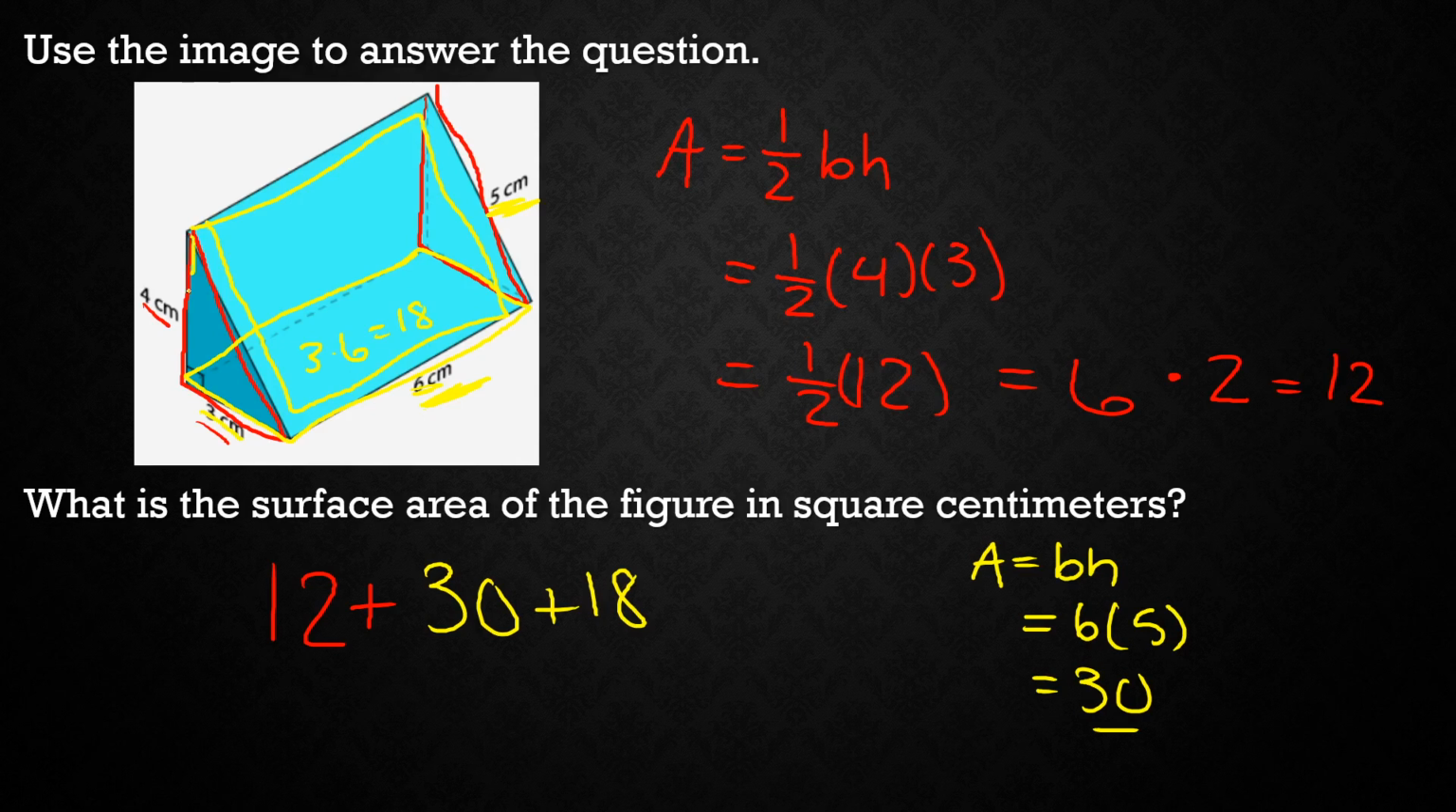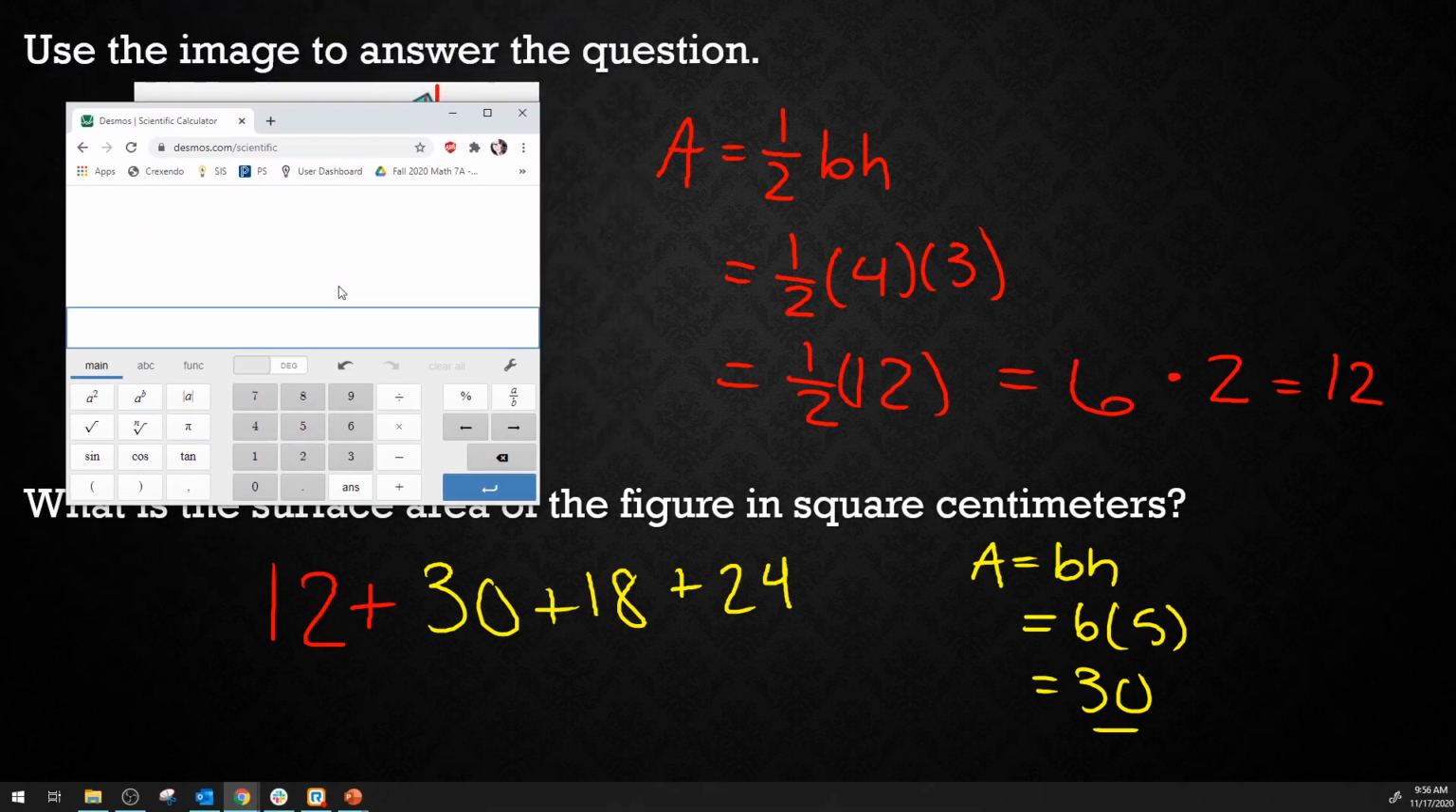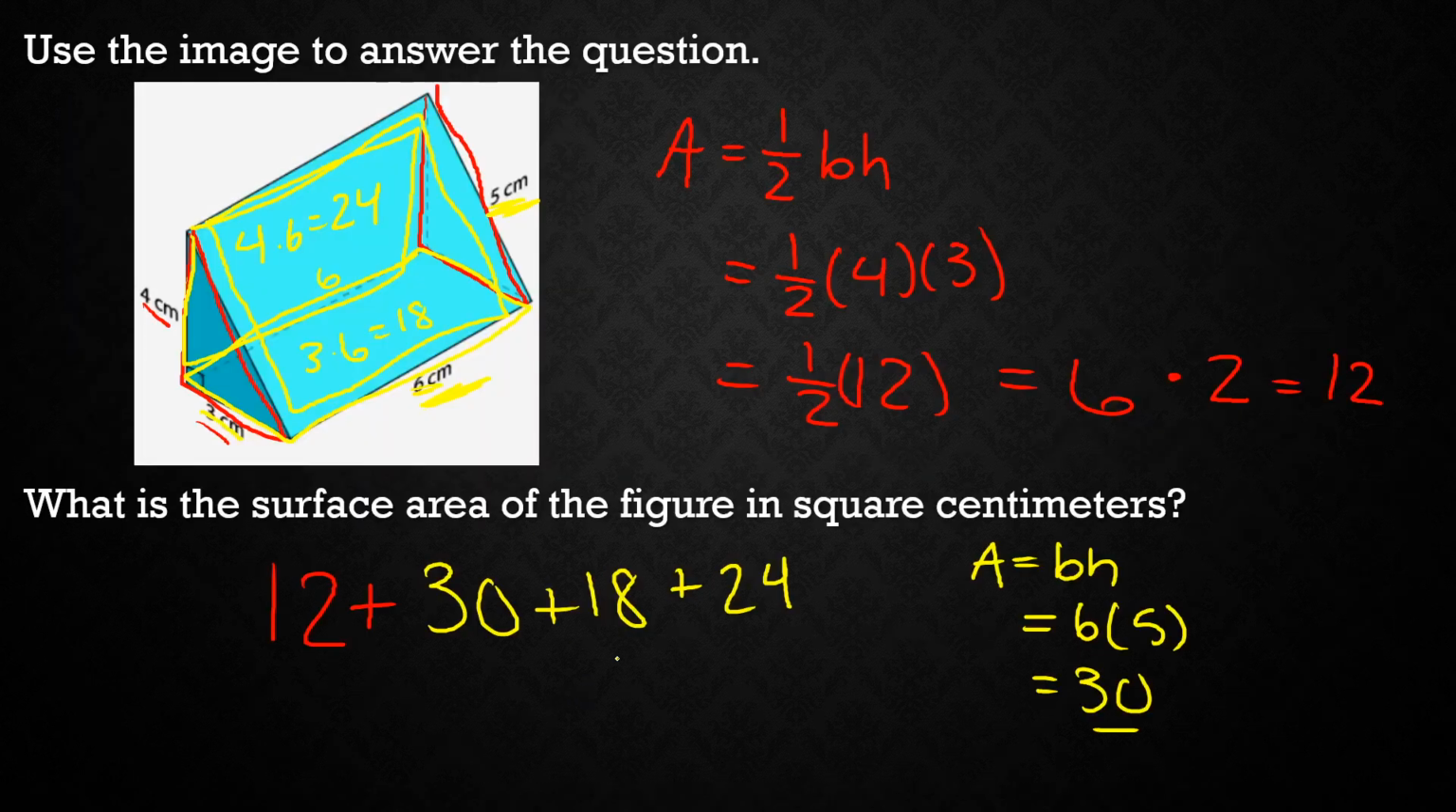And then I have this back triangle here. And so it looks like this height is going to be 4 and this base is going to be 6. So I'm going to do 4 times 6 on this last one to get 24. So I'm going to add 24. So these are the areas that I'm going to be adding together for my surface area. And I'm going to pull over my calculator, type these all in to add them together. So 12 plus 30 plus 18 plus 24. And that's going to give me 84